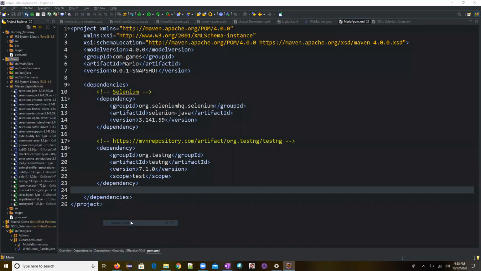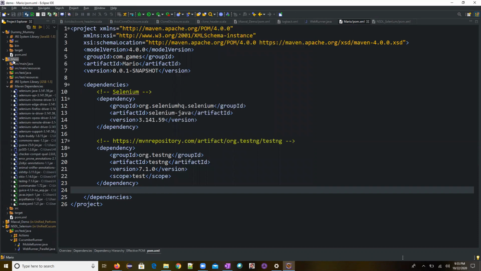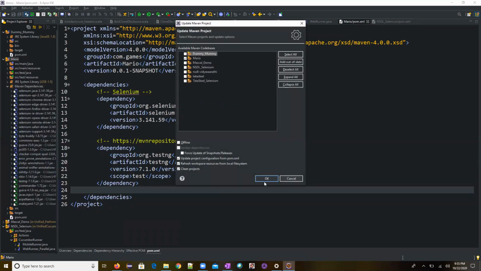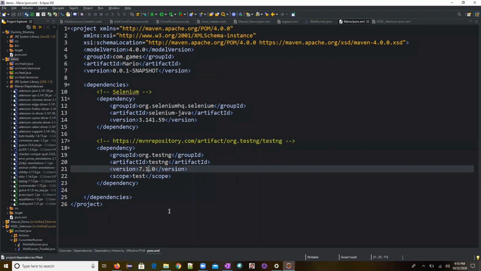Previously we have been seeing this, right? So come over here, go to Maven, Update Project, and update it. See, it updated to 7.10. If you want to do it for 3, just change it to 3.